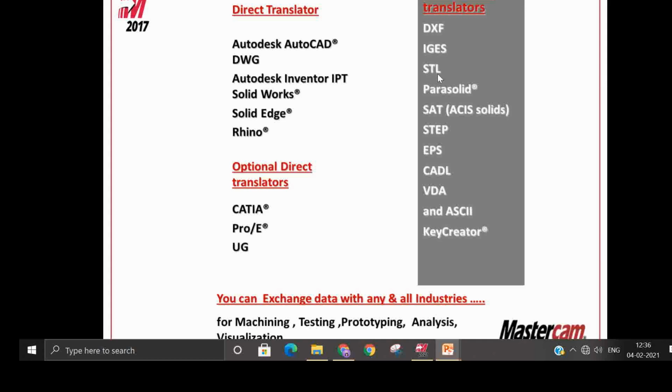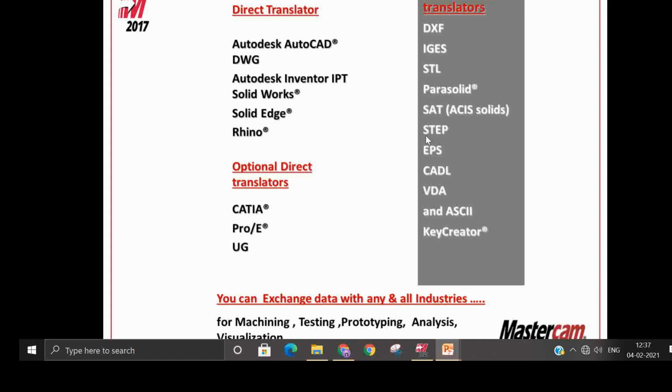Next is the STL file, stereolithography file. This is to bring facet surfaces in the model; you can bring it directly inside Mastercam. Facet models are mostly used in many CAD software. Then, a solid file: if you want to bring it inside Mastercam, you can use either a Parasolid or a STEP file and SAT file. So Parasolid and SAT are the common translators. You can bring any solid model in this format. This STEP is the ISO translator.